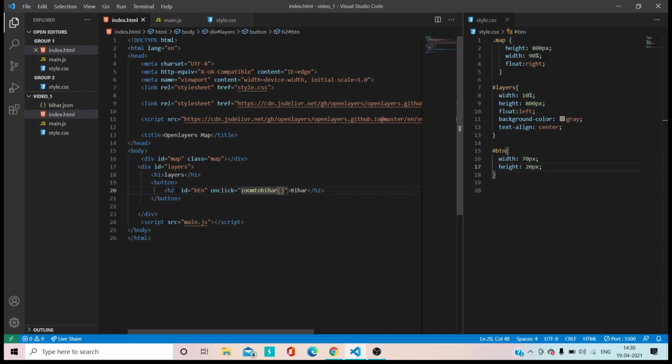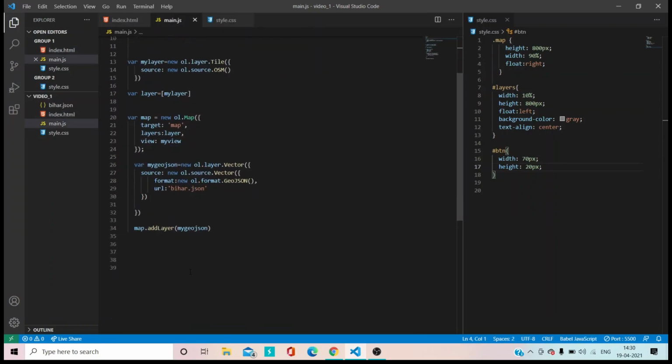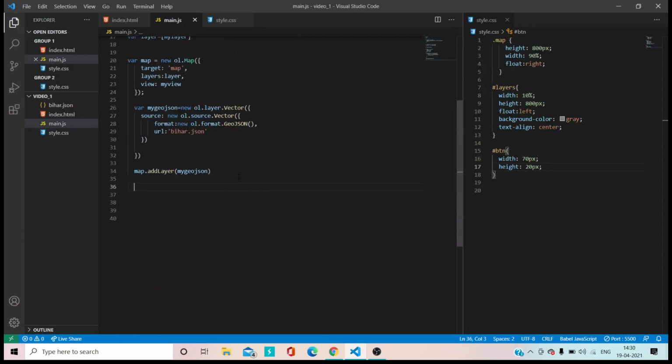So this function will be called as soon as I click on the button. Now I have to define the zoomToBihar function in my main.js. So I will define over here function zoomToBihar.